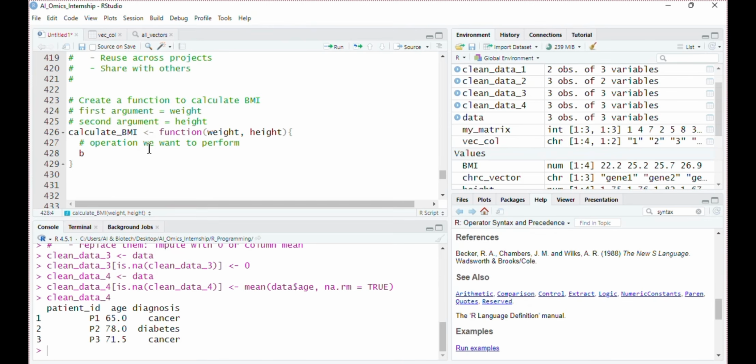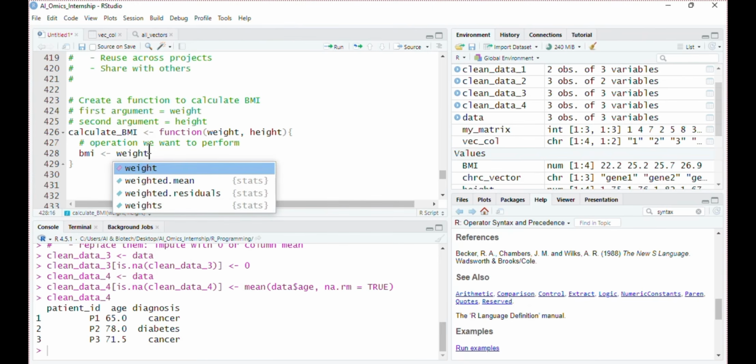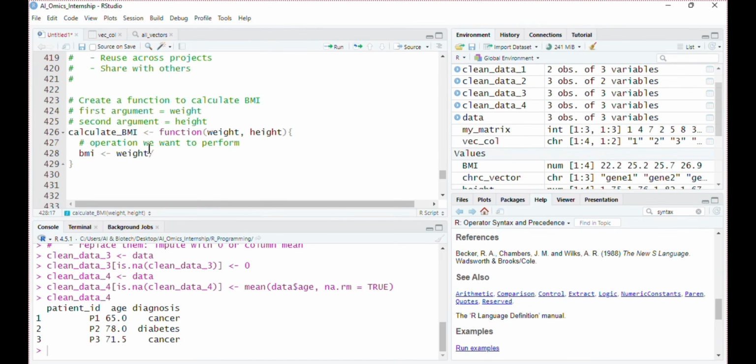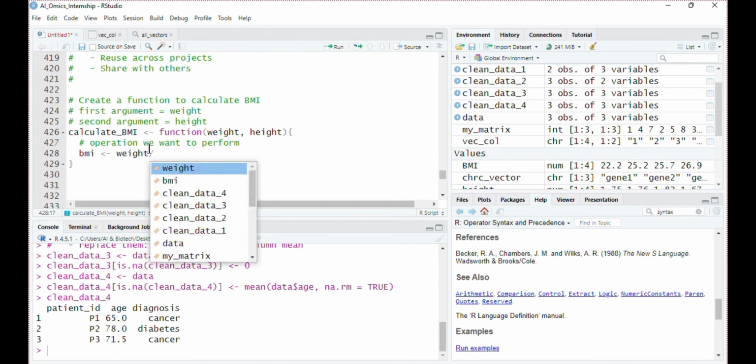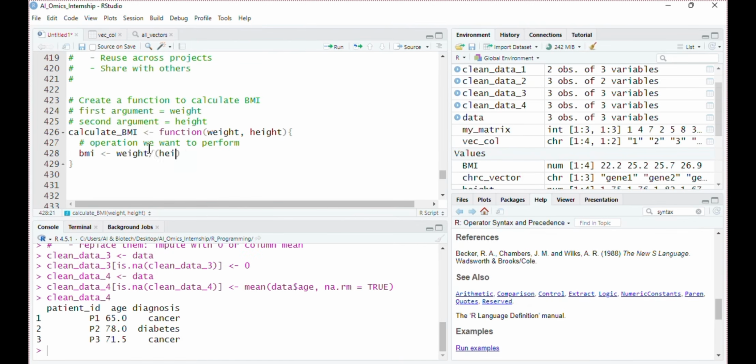So we create a BMI variable here and insert the formula, that is weight divided by height squared of the individual. Next statement is what we want. We want the output as this BMI variable.